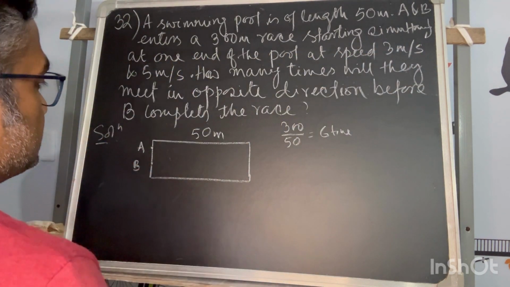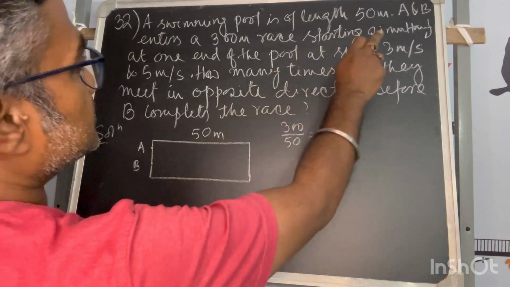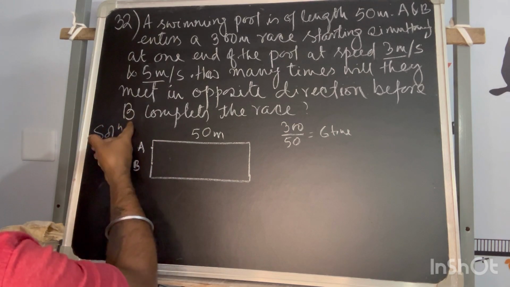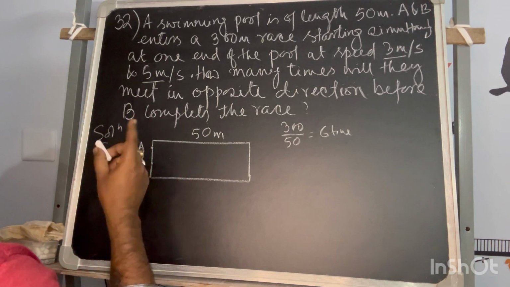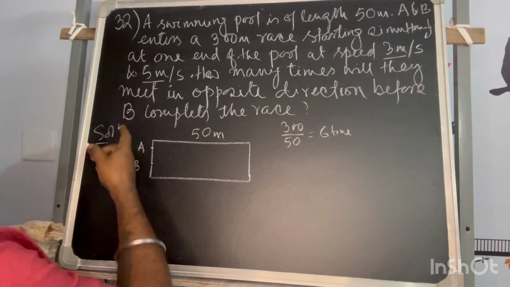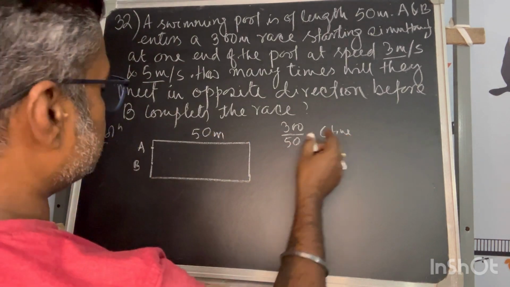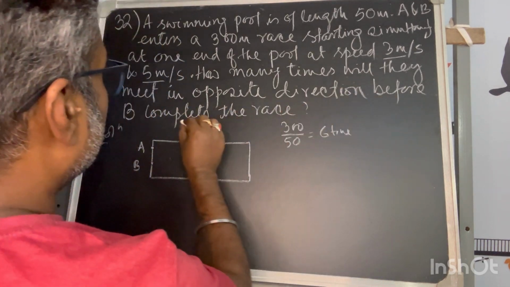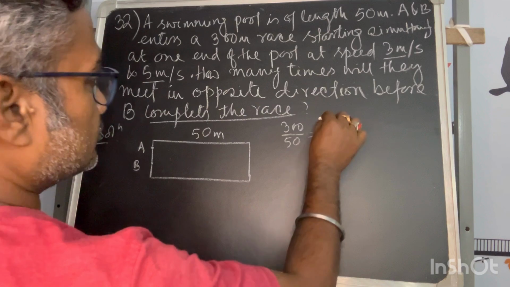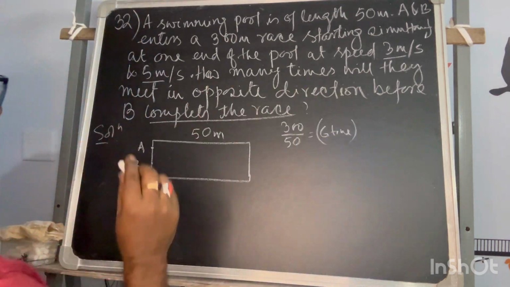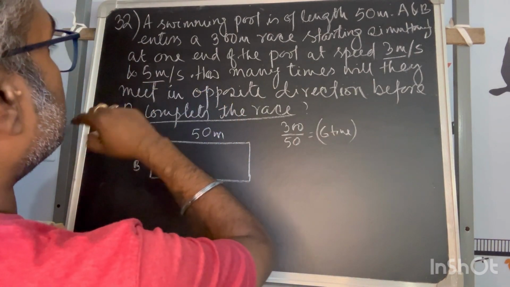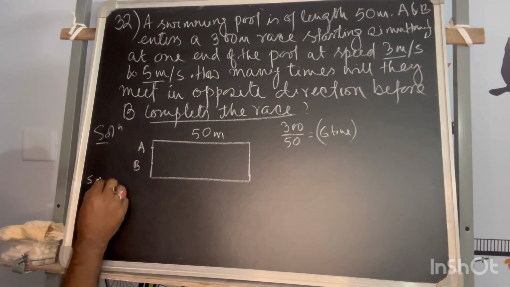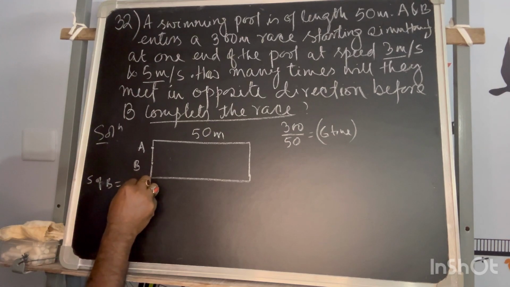Now B is faster, by seeing the speed you can say, so that's why the reference is given by B. When B completes the race, that is the maximum possibility for them to meet. Once B reaches the end after 6 lengths, there is no chance of meeting again. So they are counted until B ends the race. B will complete the 6 lengths first. Okay, fine. Now I will write the speed of B is equal to 5 meter per second